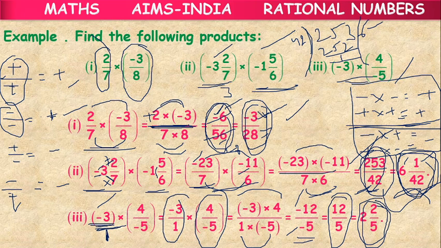Suppose in IIT, if it is a 4 marks question, you have options minus 2 by 3 and plus 2 by 3. If the answer is minus 2 by 3 and you choose plus 2 by 3, you will be losing 4 marks, and in addition to that, a negative mark of 1 mark. Total 5 marks you will be losing in such competitive exams. So be careful regarding the sign of the rational number. Cross-check once or twice before choosing the answer.